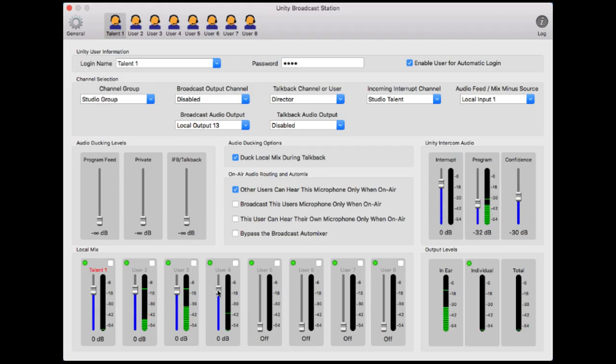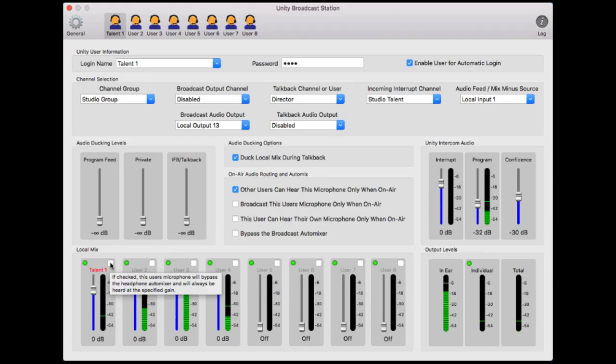So what we see in this configuration, we're seeing VU activities, and the reason for this right now is we have people on those microphones that are talking, and we can see their levels actually coming in. And again, these do repeat for each of the 8 users. The green indicators, again, indicate whether or not I can actually hear them at this point. And in addition to this, here in the upper right, it's not very well labeled, but there's a little checkbox that can remove those users from